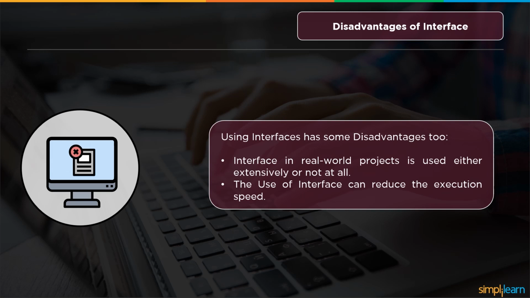And the use of the interface can reduce the execution speed. You're adding a whole other layer there where it has to look that information up. And so if you're doing a huge multitask process and you're spreading it across multiple processors, and now you have hundreds of these classes that are pulling in hundreds of these interfaces, that's going to add a little ding to your speed. And it might not be something you want to do for a process like that,